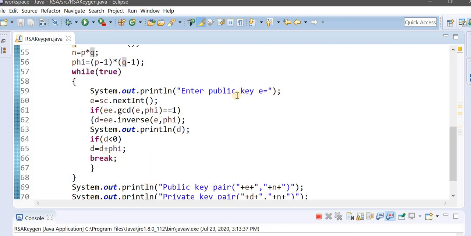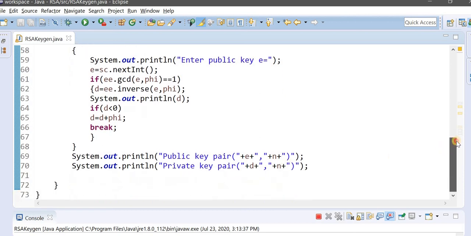When the correct value of E is entered by the user, the loop breaks, otherwise it is a continuous loop. Finally, you display the public key pair and the private key pair. The public key is E and N, which you require for encryption and decryption. Similarly, D is the decryption key and N is the product of P and Q. So this is a very simple program for key generation.